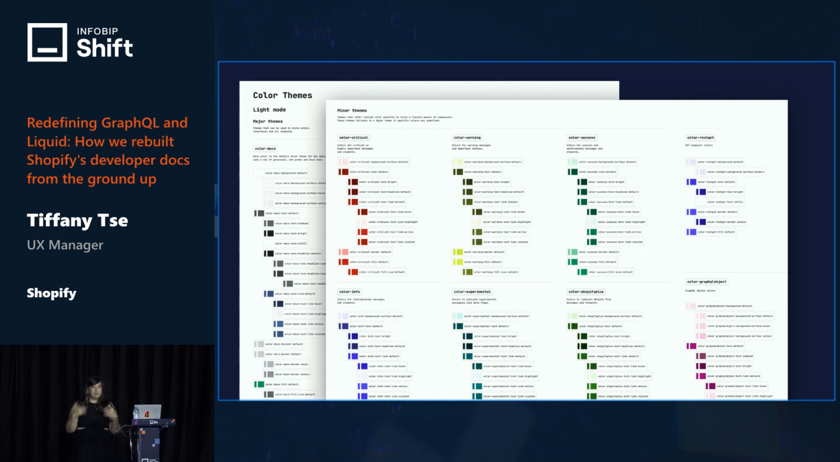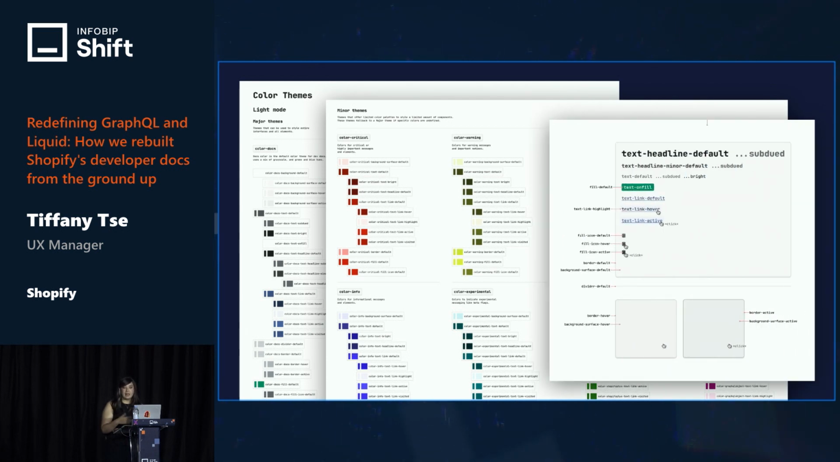And then we also have minor themes for things like types of messages, notes, warnings, and so forth. So we made sure to define all of these application tokens, all of these themes and their tokens for components, as well as provide guidance as to how to actually use them and how they would get applied to